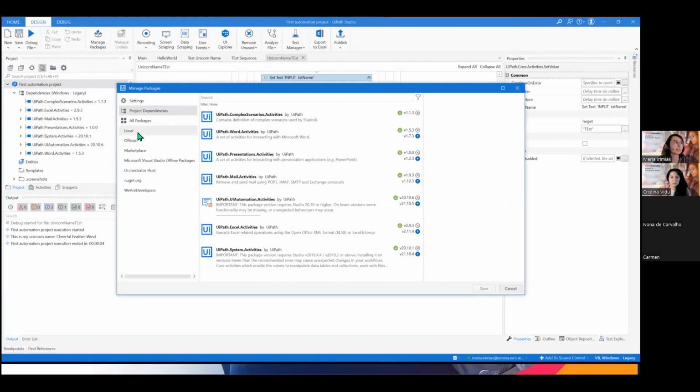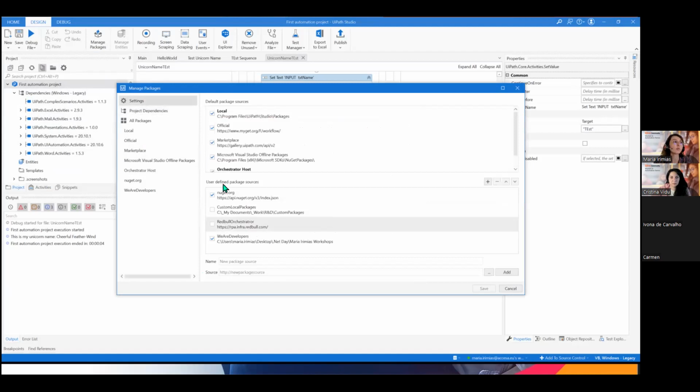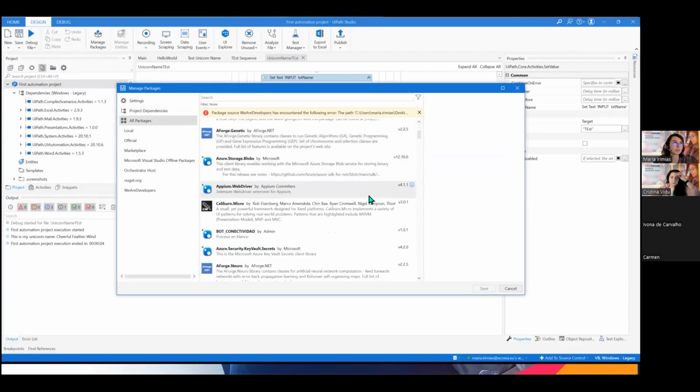Here you have settings, and on the settings page you can define where to find your packages: from the UiPath library, or locally if you have built your own. Based on that you can install different packages, and based on the packages you will have different activities. If you work with Excel, you will have Excel activities.